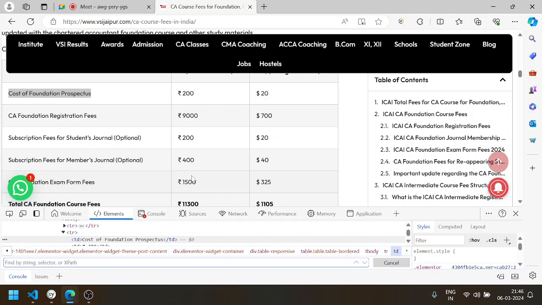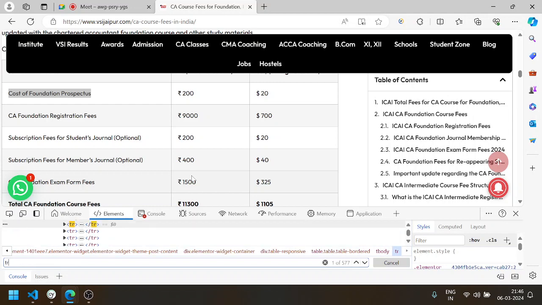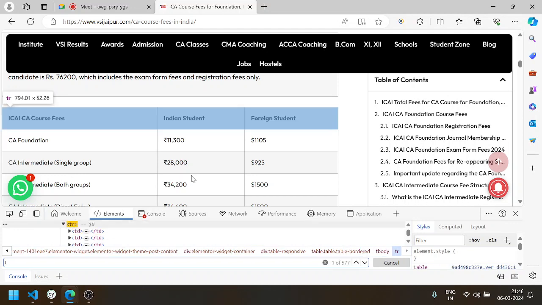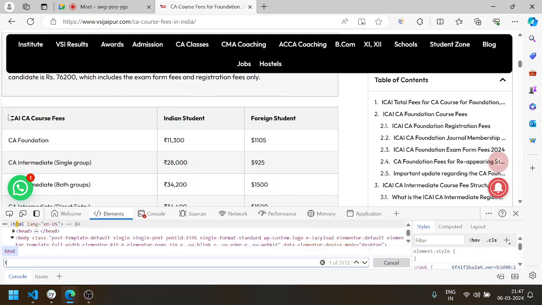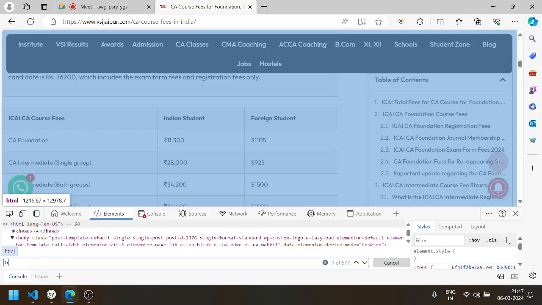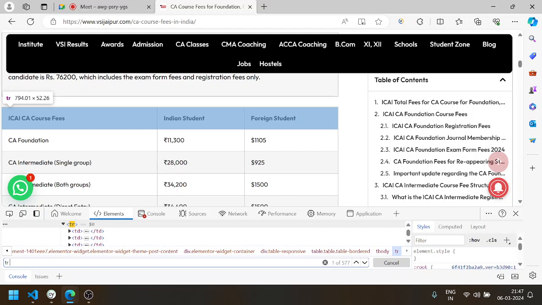Suppose you are automating any web table. You just need to write down like this: tr, td. See, if you just write tr, you can see this column gets selected here, or you can say the first column: tr, td,